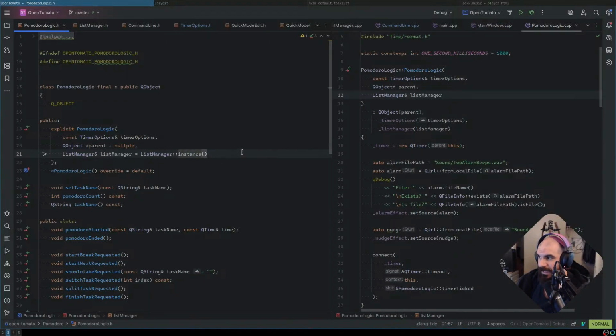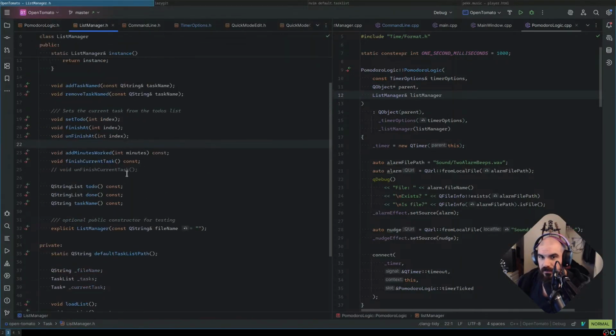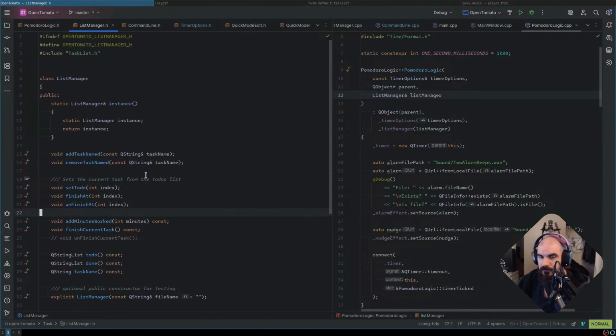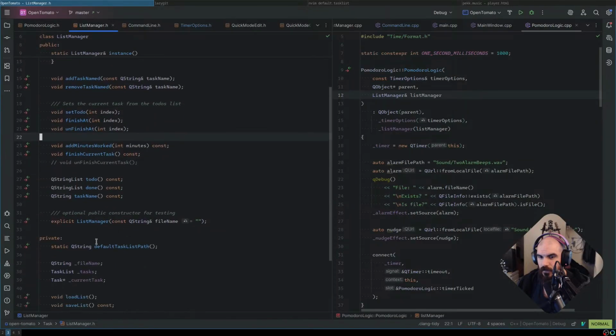But if I have to pass in a file name, then this suddenly becomes inconvenient. So what I need to do is list manager needs to have a public function to load a list. So it'll load this one by default, but then we can say,